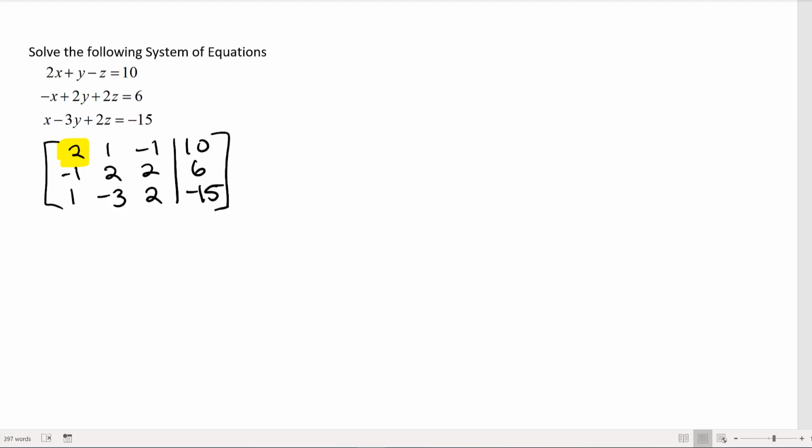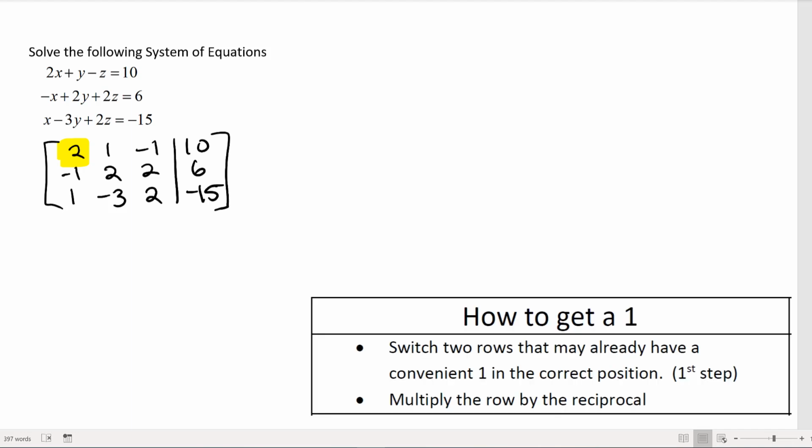Now I have 2 choices to get a 1. I can either switch 2 rows or multiply by the reciprocal. In this case, I can see a 1 that's conveniently located in row 3. So I think the easiest thing to do to get a 1 there is to switch row 1 with row 3. I could have multiplied by the reciprocal, but that would have got me fractions, and I want to avoid